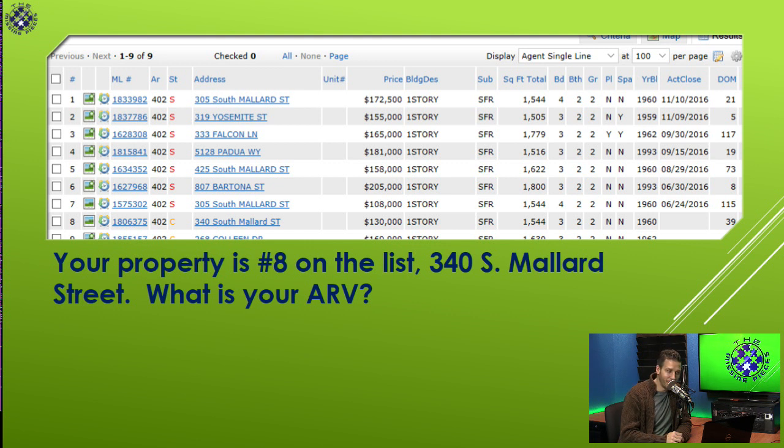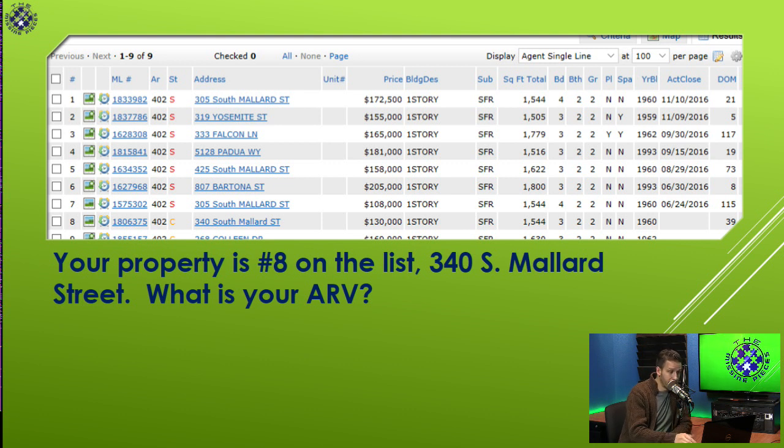But take a look at the address. It's the same property. That's a flip. Right there in this sheet, it shows one of our comps. So that sale number 1 is a perfect comp. Now, what I would have you do then is click on the photos and go through it to make sure that it looks like it's fixed up and everything. But that shows you that number 1, properties are still in the MLS. You can find them, and then you can flip them for profit. That's what this guy did, South Mallard Street.